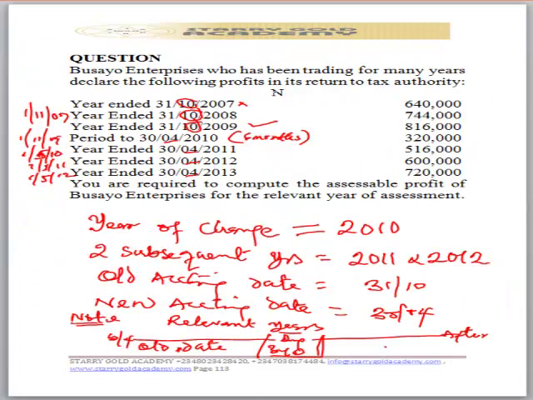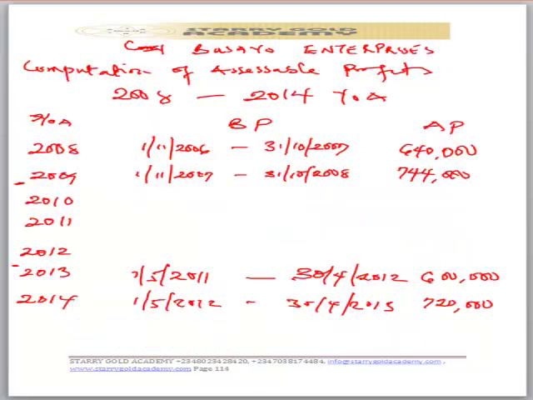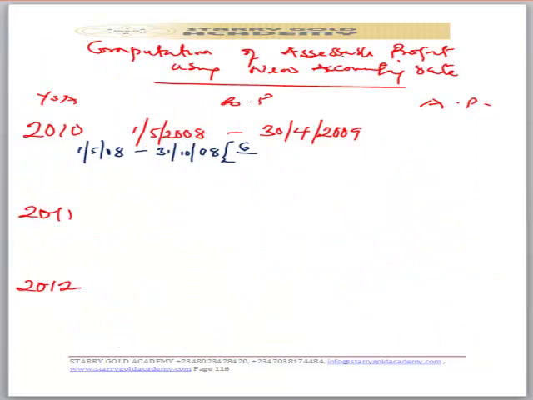Where are we picking? We are picking from here. 744,000 times 6 over 12. That's going to give us 372,000. So the remaining period I need now will be from November